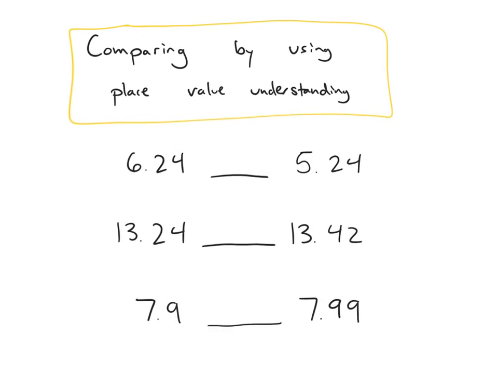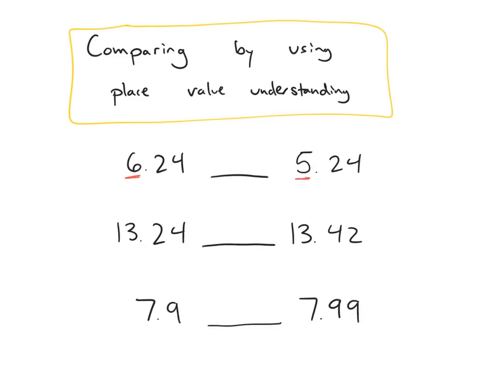So this one doesn't actually use any models, but it relies on our understanding of the value of each of the place values in a number. So when we're using our place value understanding, we start at the largest place value, and then we compare moving our way down. So in this case, we're going to start in the ones place, which is the largest place